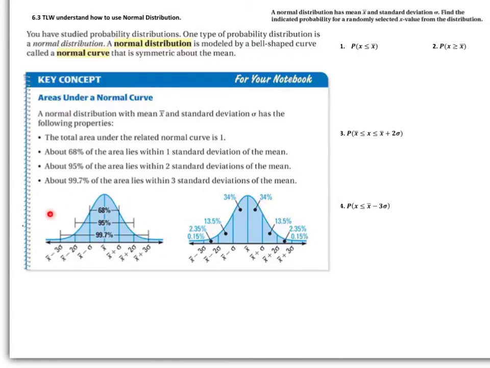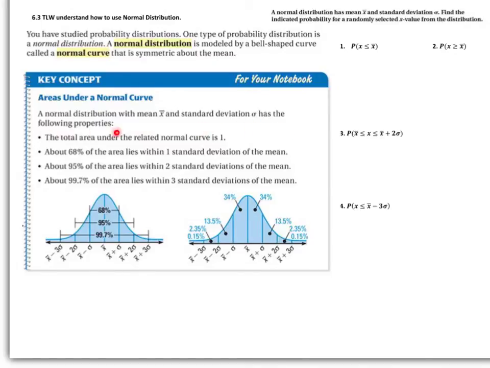This is the bell-shaped curve right here. It is called a normal curve that is symmetric about the mean. The mean is the middle. It's the average that goes right in the middle of the bell. A normal distribution with mean x and standard deviation